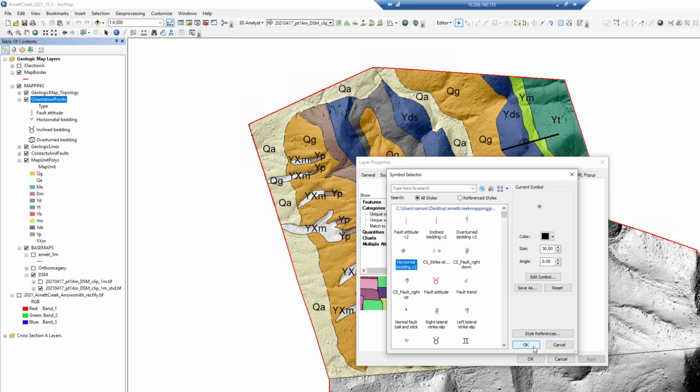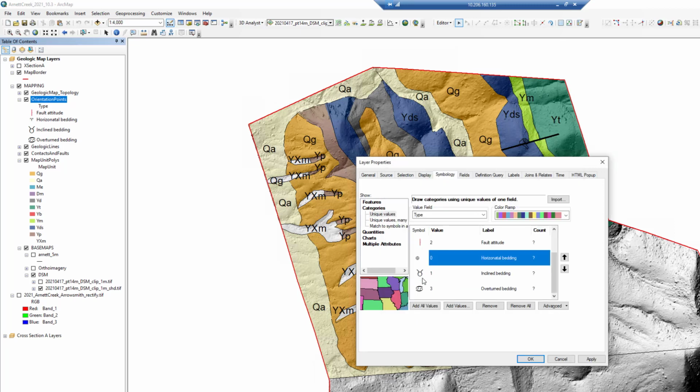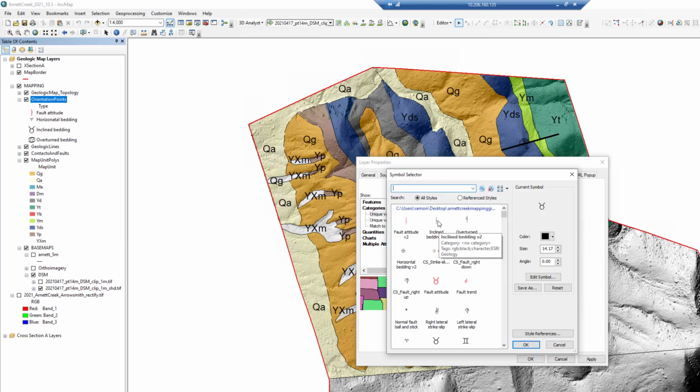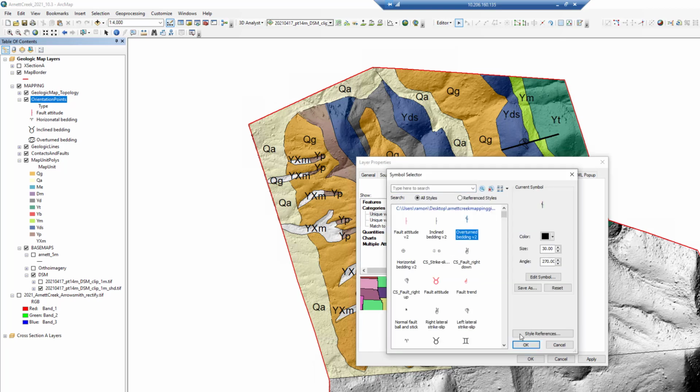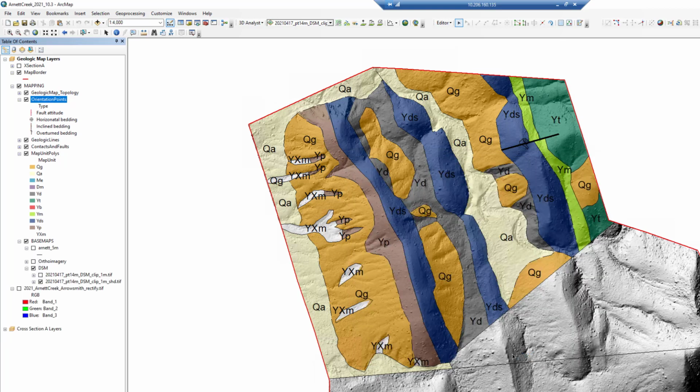So we want the horizontal bedding. So let's do incline bedding. That's our regular strike and dips. Incline bedding v2. We don't have overturn bedding, but if you wanted, you can add it. It's right here, v2. So now say OK. Okay, once we fix the symbology,